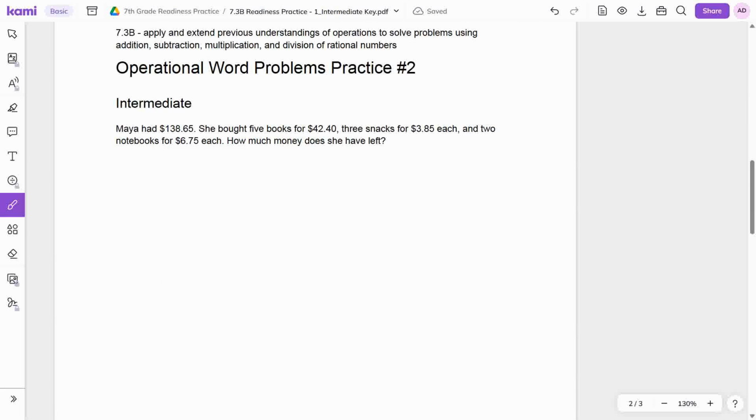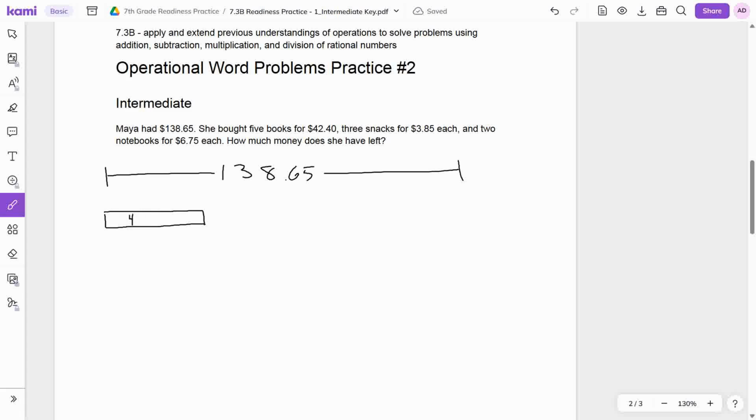So Maya, for our second problem, had $138.65, and then she's going to buy a whole bunch of stuff. So take a look at this, 138.65. Let's make that our whole here using the strip diagram. She bought 5 books for $42.40. So the $42.40 includes 5 books, and it doesn't really matter how much each book costs. We don't even know whether each book costs the same amount. We just have this big chunk of money,